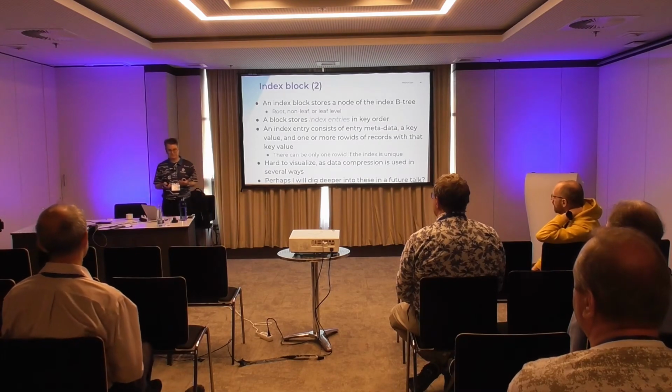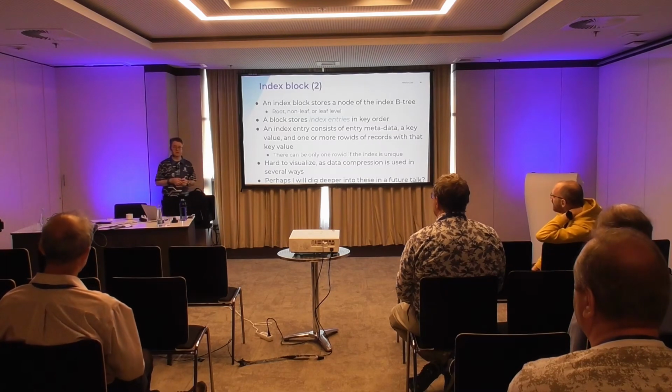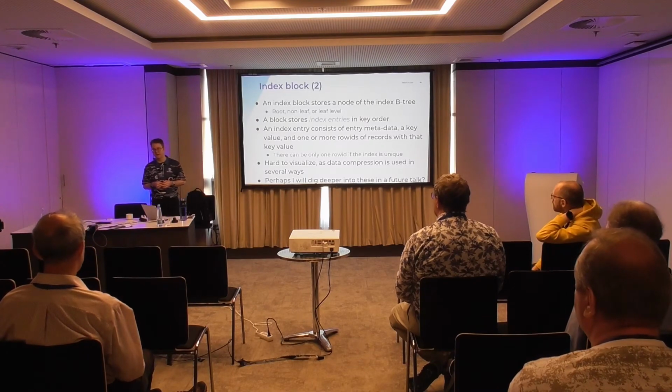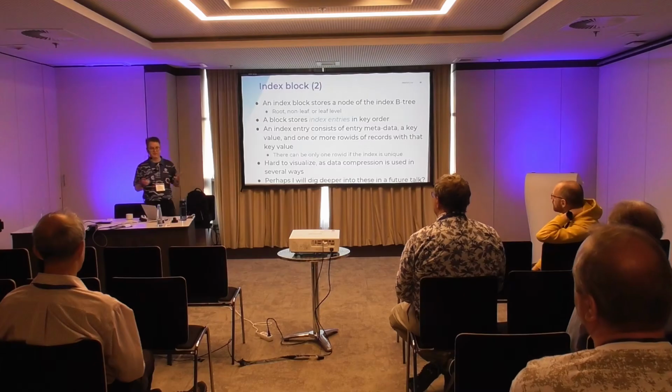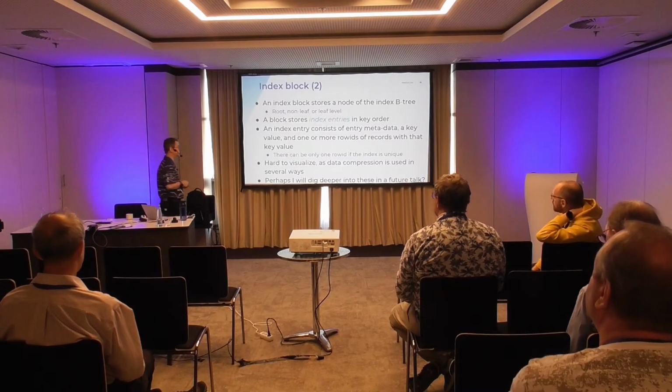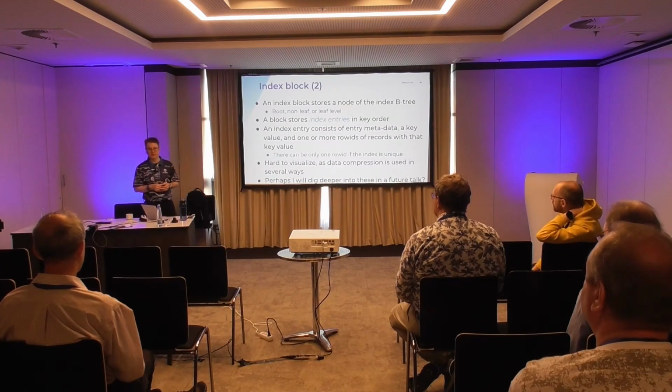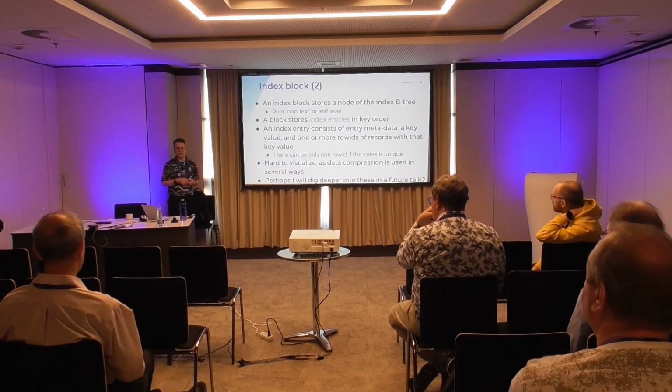that correspond to those key values. There could be multiple row IDs that correspond to a single key value if the index is non-unique, and obviously if it's a unique index, it's a one-to-one relation. I didn't put a diagram here because a hex dump of an index block just looks like kind of garbage, because the index manager employs data compression in several different ways within index blocks, so they're not too fun to